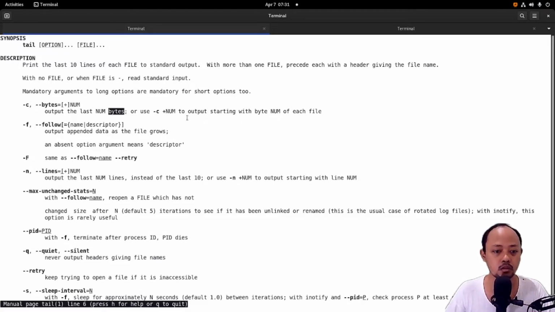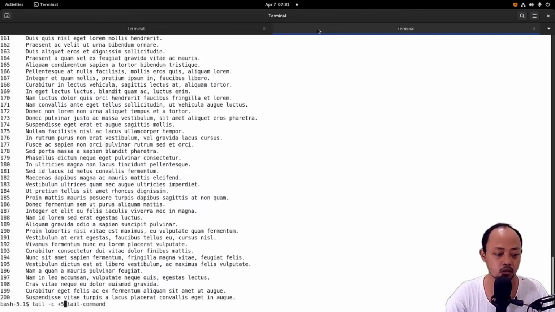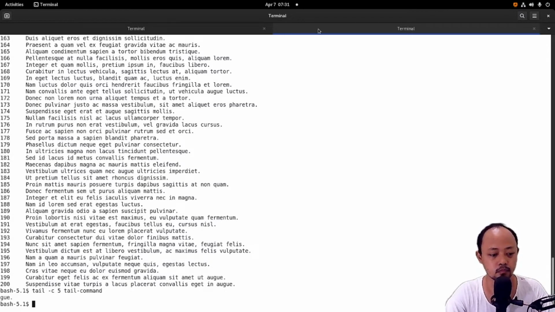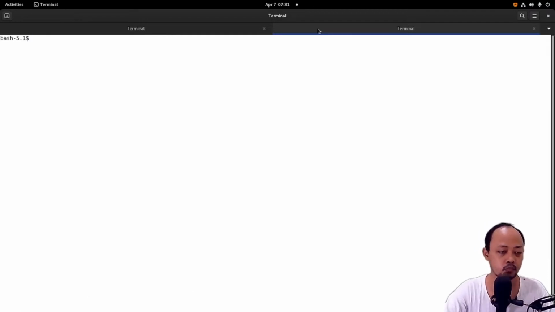Oh, I see. Use -c plus num to output starting with byte num of each file. Oh, okay, I see. Maybe I did something wrong. What if I remove the plus? One, two, three, four.